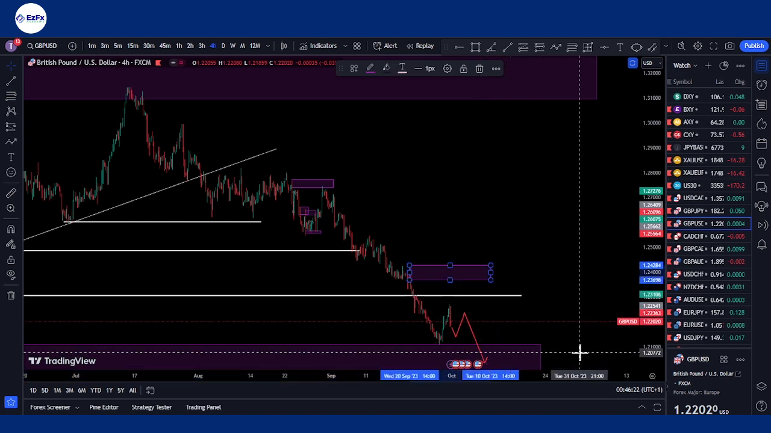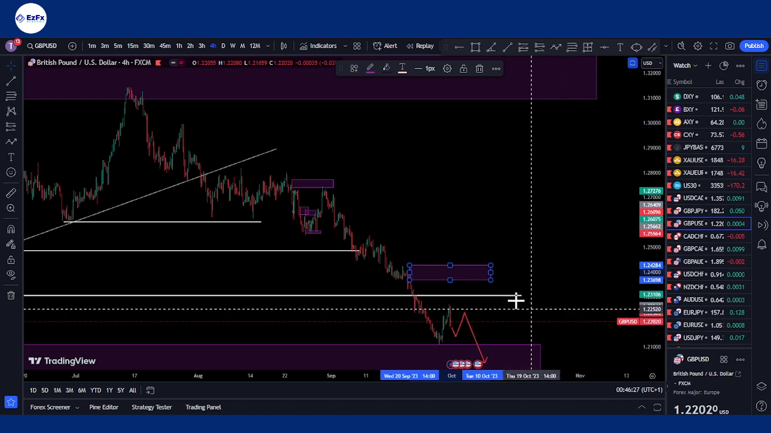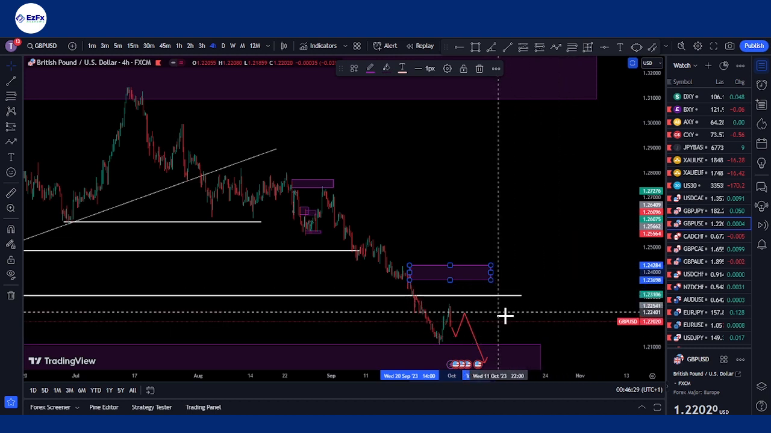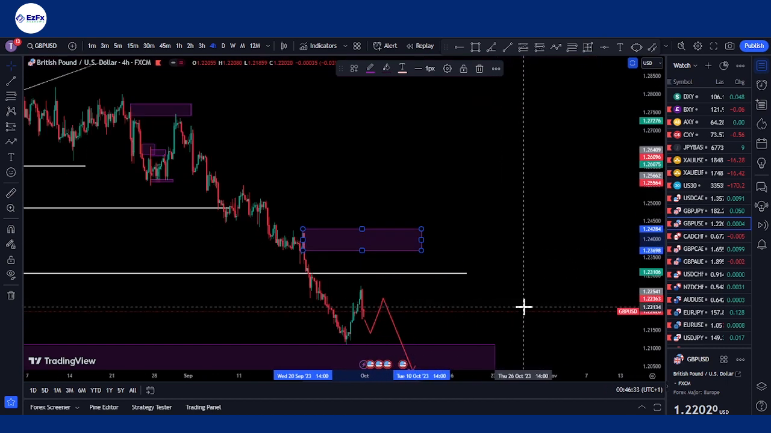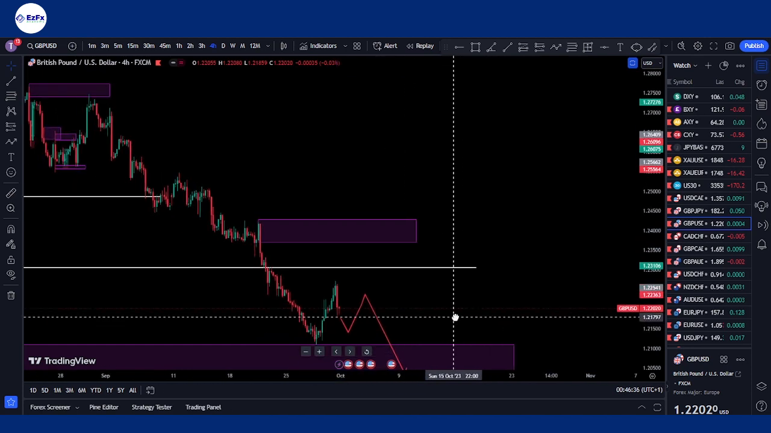which is between 1.24284 and 1.23698. If we do not get that happening, however, then we should just be expecting a straightaway sell from this point. All right, so on GBP USD, my smaller,